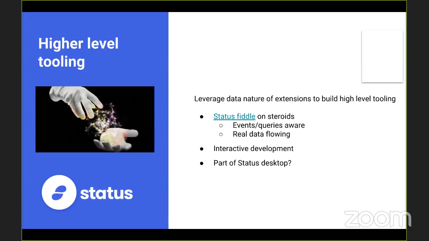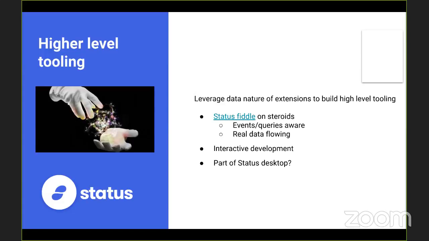Another pretty interesting thing is related to the data nature of extensions, because it's only data structures like arrays and maps. It's very easy to build extensions programmatically and to have tools create those. So it's similar to a concept that Andre was pushing a couple of months ago, Status Fidel, but it would be more advanced because now we also have events and queries.